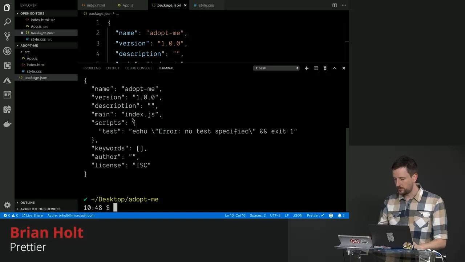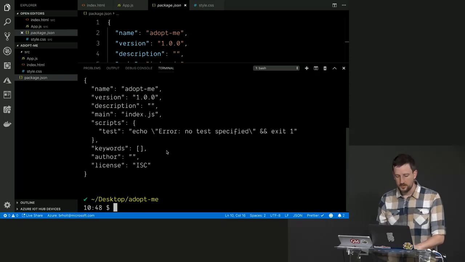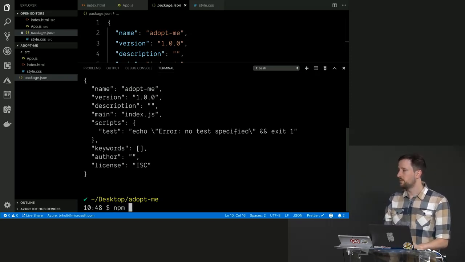We're going to go through some other tools right now. The first one that we're going to install here is going to help us keep high code quality. One of them is going to be Prettier. Okay, so the first thing I'm going to say down here is npm install -D,